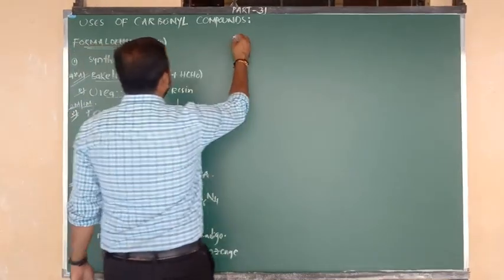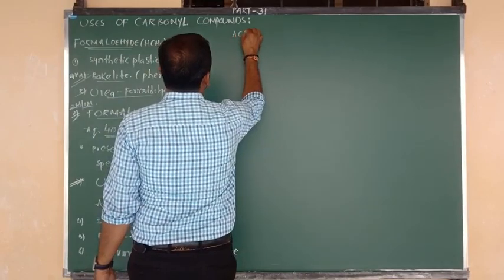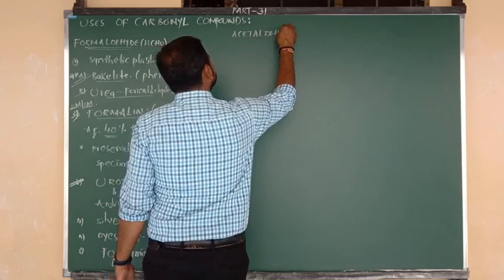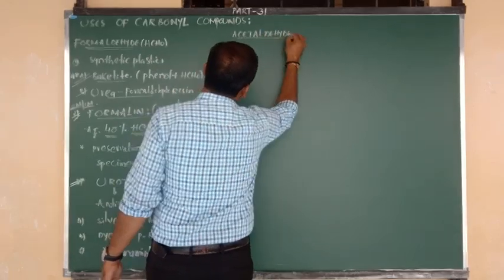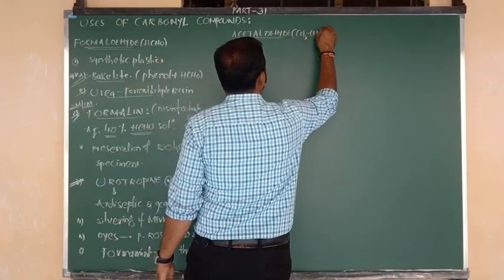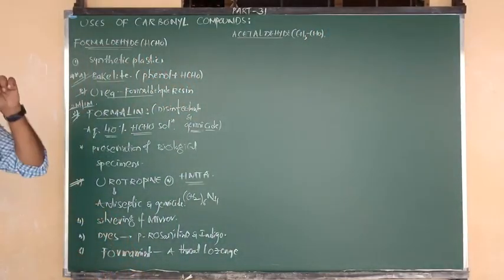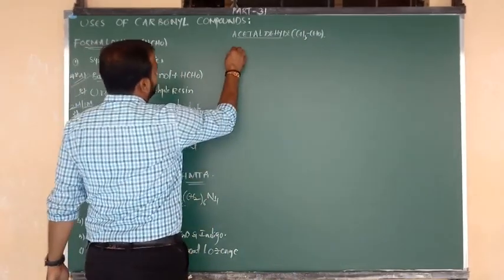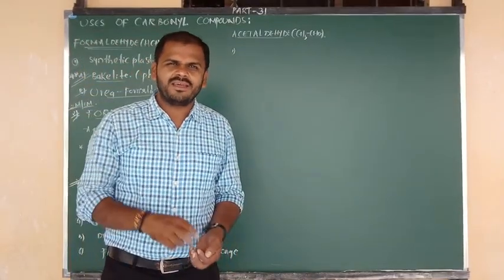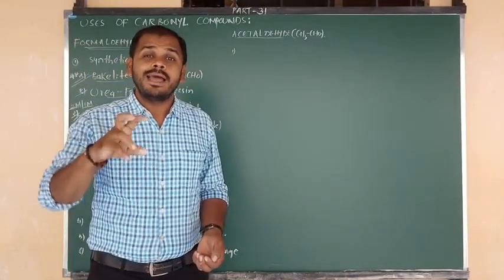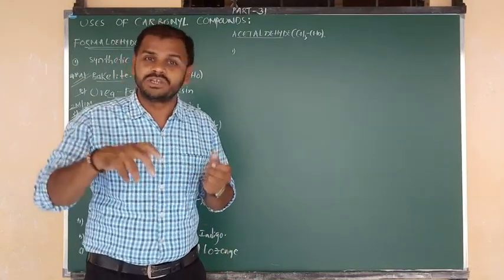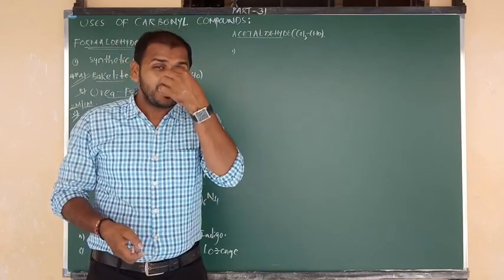Next go for another compound. I am going to discuss acetaldehyde. So what was the formula of acetaldehyde? CH3CHO. Is acetaldehyde an aliphatic or aromatic compound? Yes, it is also an aliphatic compound. The formula is CH3CHO. Right. So let me give the first use of acetaldehyde. Actually, acetaldehyde also has an antiseptic nature. So due to its antiseptic nature, it can be used in making antiseptic nose inhalants.